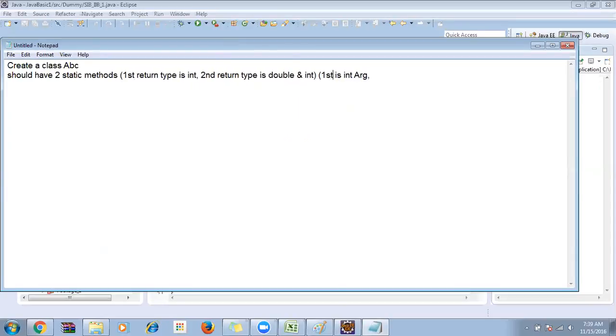First method is integer argument. The first method should accept an integer argument. The second method is what? That is this one, double integer. It should accept